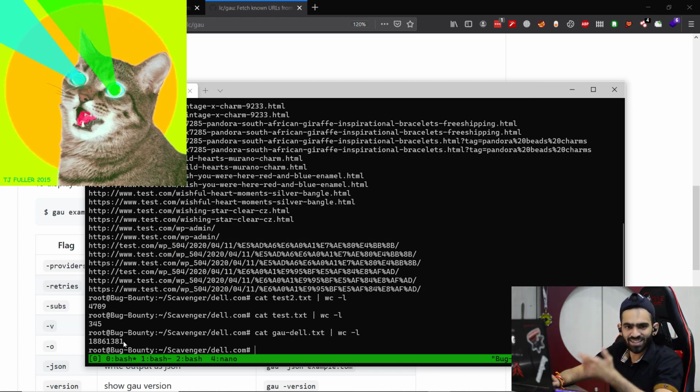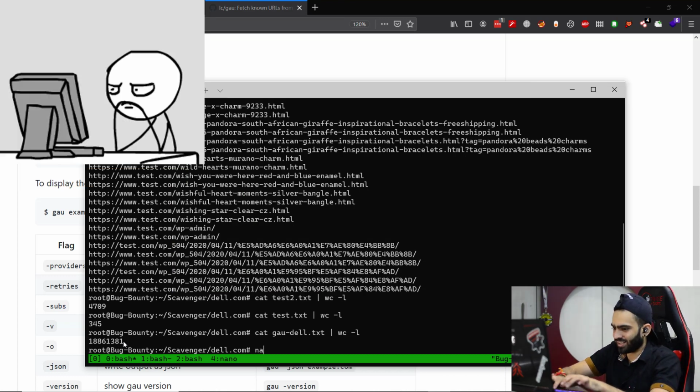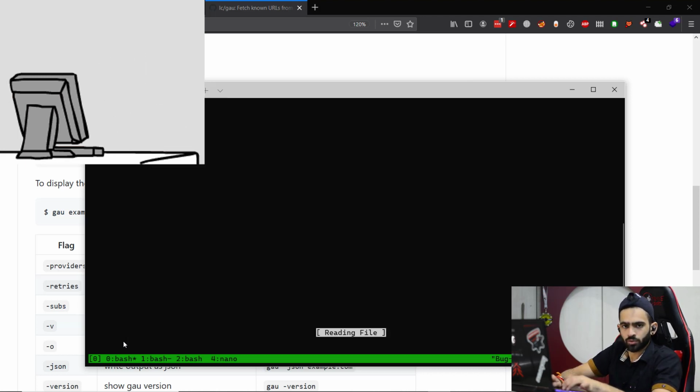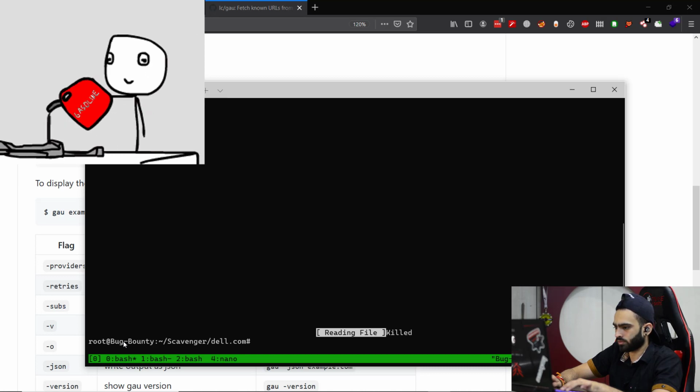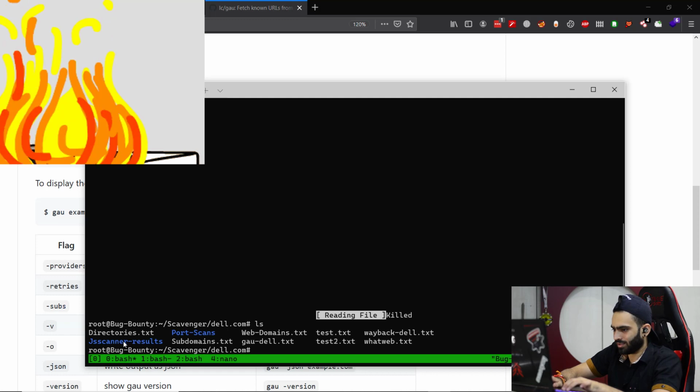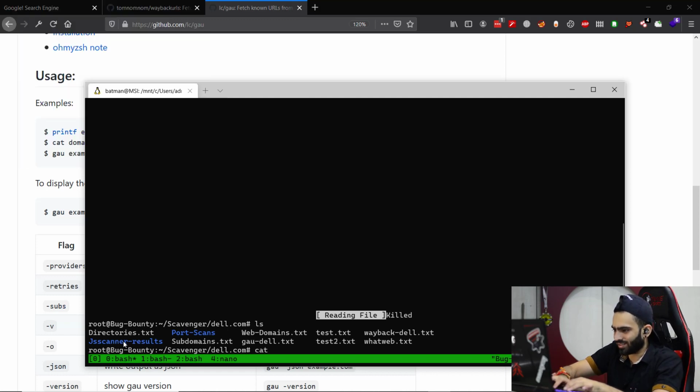This is an insane number, obviously. And let's see how those URLs look. 19 million URLs take some time to load, or might not load at all. Let's just try to cat it and see if it works.